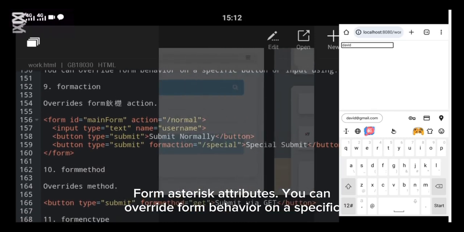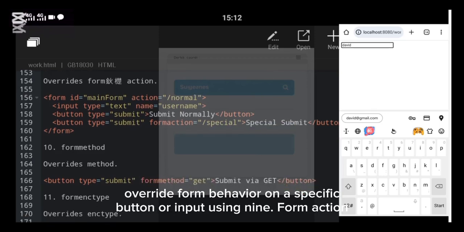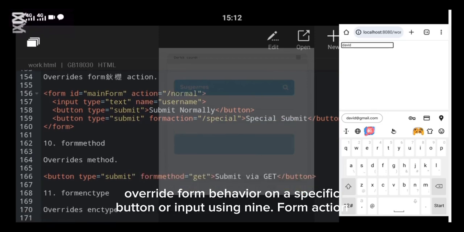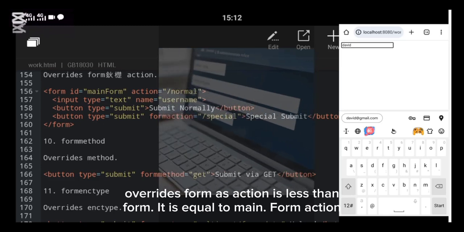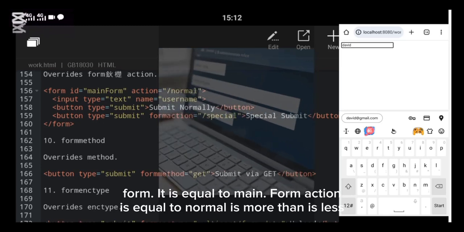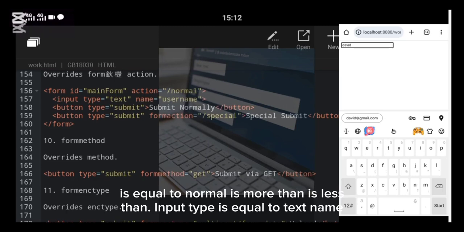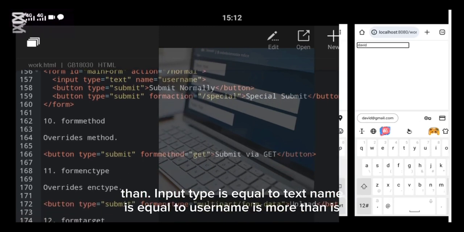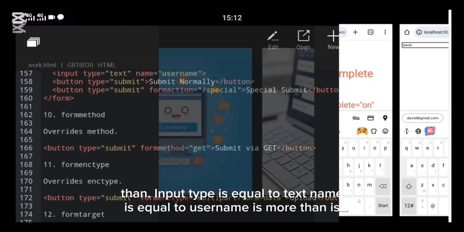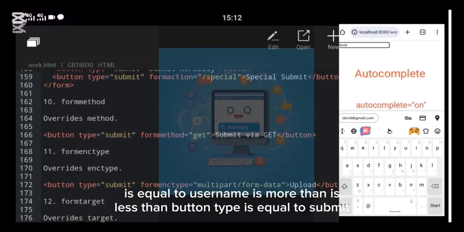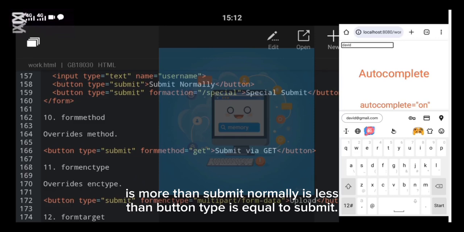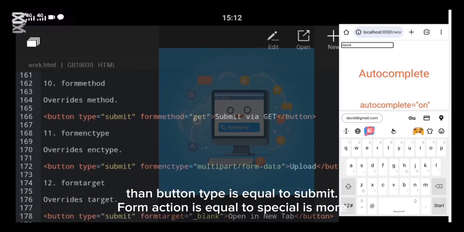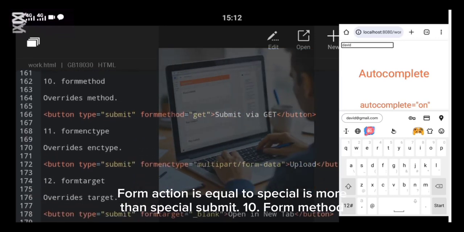You can override form behavior on a specific button or input using: 9. formaction. Overrides the form's action. <form id="main" action="normal"> <input type="text" name="username"> <button type="submit"> submit normally </button> <button type="submit" formaction="special"> special submit </button>